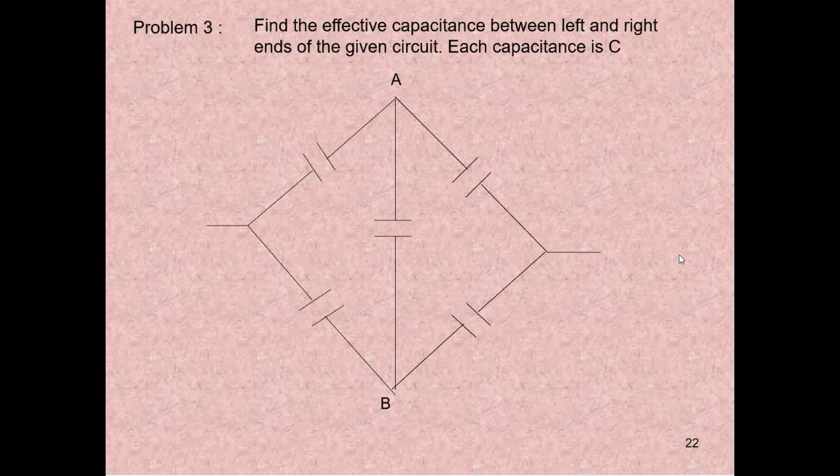Sometimes from the figure it is understood. Here, between the left end and the right end, what is the capacitance? Each is C. See here, how do you analyze whether it is parallel or series? Let's consider these 3 first. These 3 have a common junction on one side, but they don't have a common junction on the other side. This goes here, the other side goes here, the other side goes here. So these 3 are not in parallel, not even these 2 in parallel.